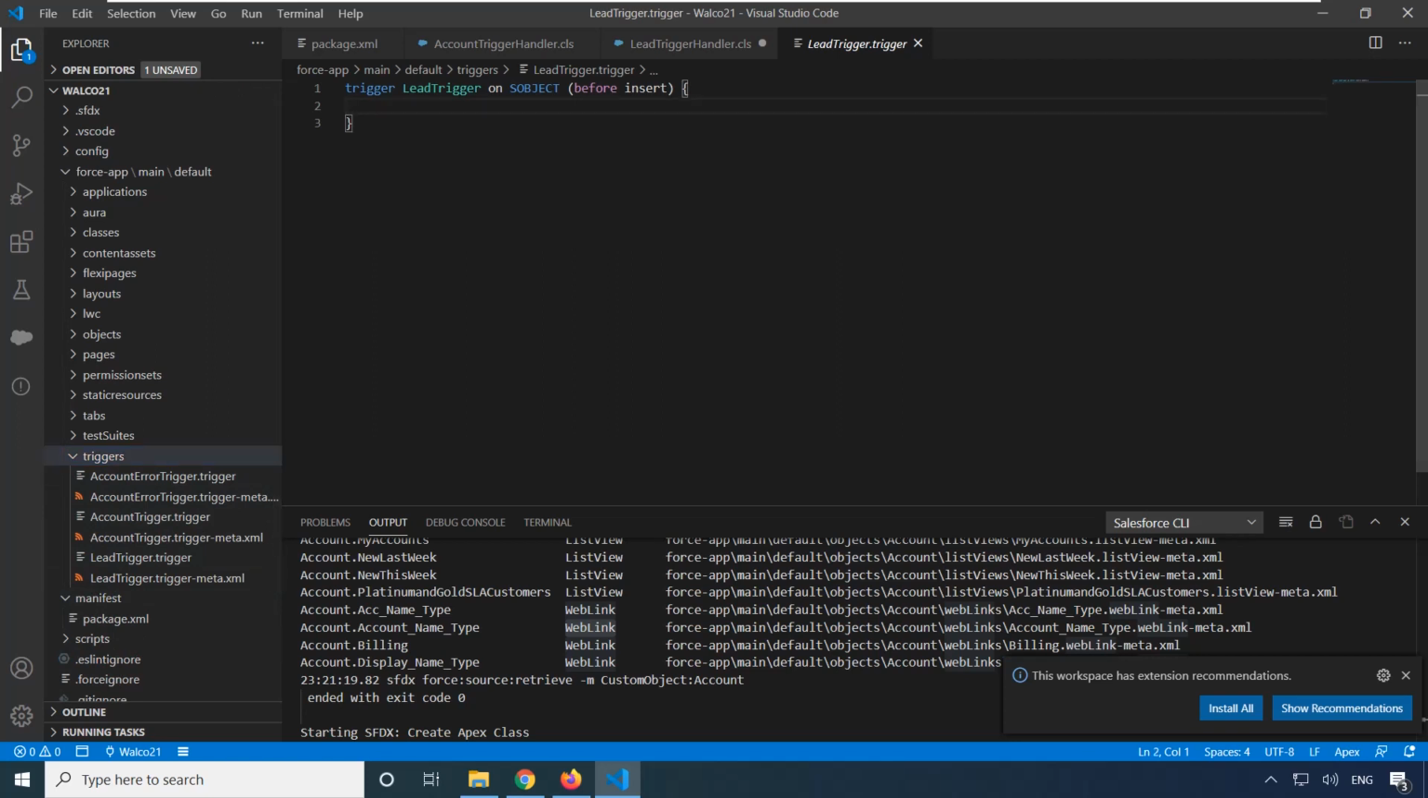And by default, I have this. I need to specify the sObject to be lead. And then by default, I have the before insert. Now I can add the different methods. So let's say if trigger dot is